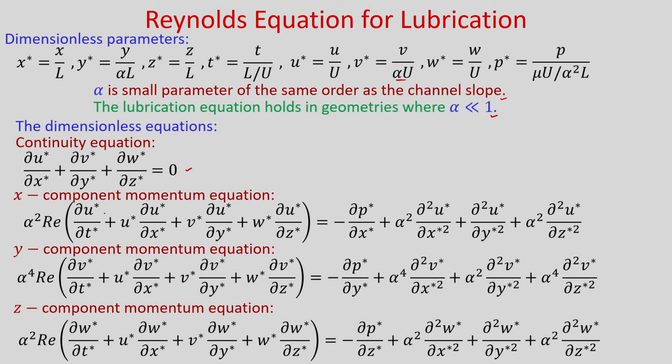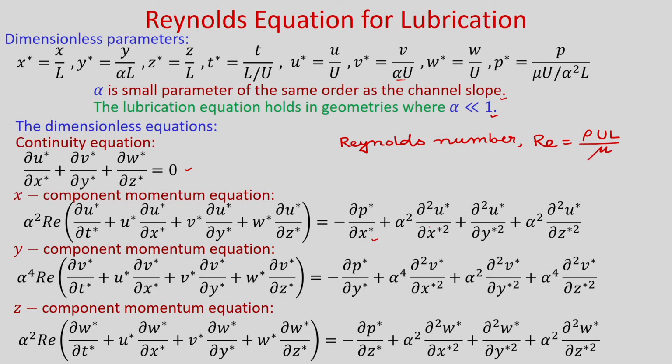After rearrangement you will get the x component momentum equation, where you have alpha square Re, where Re is the Reynolds number, rho u L divided by mu: rho is the density of the fluid, u is the characteristic velocity, L is the characteristic length, and mu is the viscosity of the fluid. So, the left hand side is multiplied with alpha square Re, and the right hand side has the non-dimensional pressure gradient,